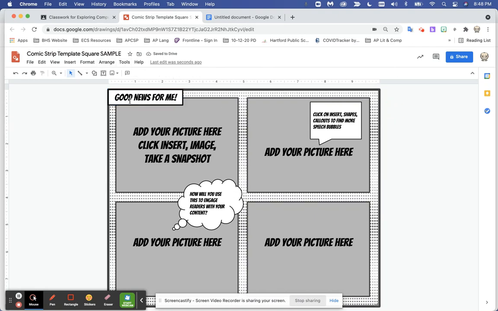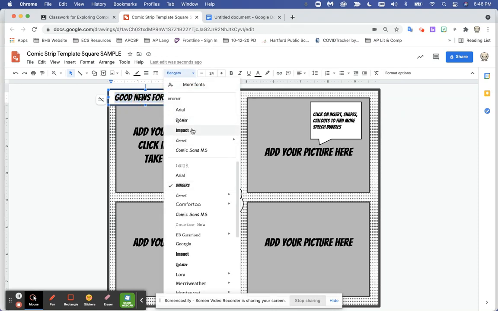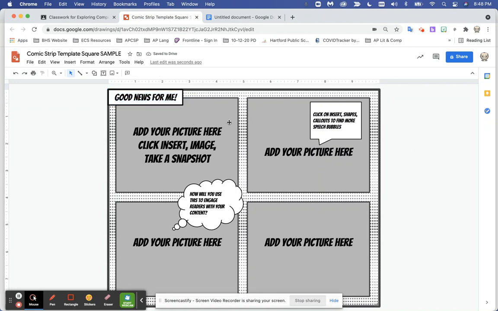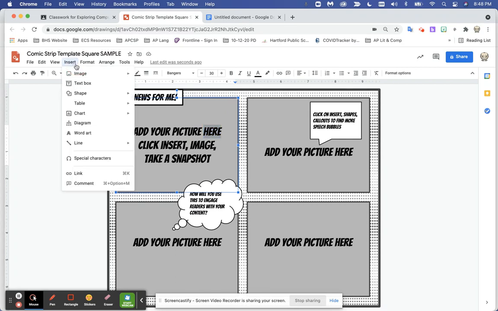If I don't like these fonts, I could go up here and pick a different font if I felt like that. Like if I wanted to pick Lobster font instead, I could do that. I'm going to undo it. I don't want to. And then the first thing I'm going to do is a whole thing about, I found out I'm going to have Mr. Tush for computer science. So first thing I'm going to do is insert my